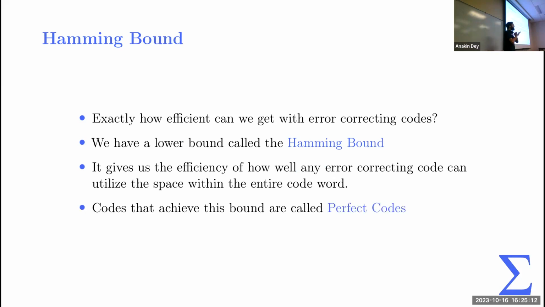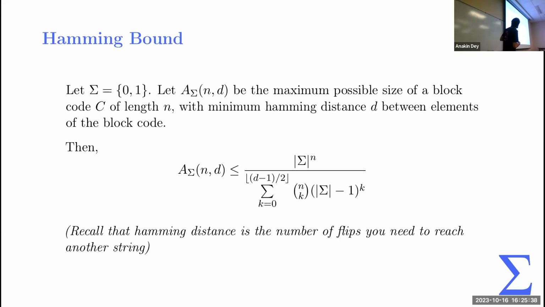And codes that achieve this bound exactly are called perfect codes, which is an interesting name, even though this bound is, I think, a loose upper bound. It's not tight. So it's quite difficult to compute the exact bound that this is measuring. So this is a lot of math, but